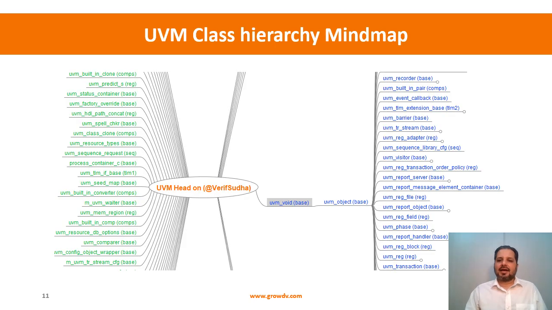So what I showed you in the previous slide, the class hierarchy, is only a subset of the class hierarchy. There are a lot of UVM base classes, and as you can see, I'm just showing a mind map of how the different classes are organized and what the hierarchy is. There is a mind map available that has been extracted, so I will send you that mind map,